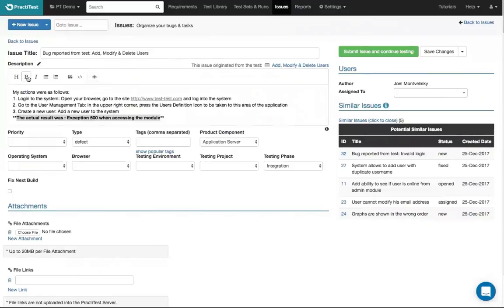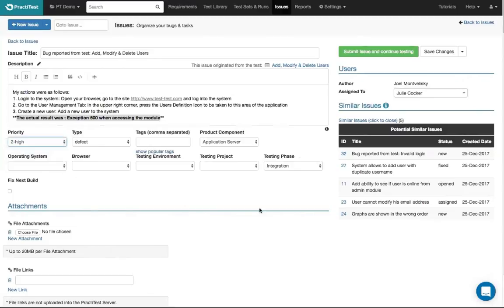Once I'm done, I can again assign it to one of my developers so that they will get an email from the system, and continue filling out the information. Notice that some of the fields are already filled out, and that is because the system was able to understand, based on the information of the test case and the run, what it belonged to, like components and stuff like that. I can give it a priority, and once I'm done reporting whatever I had in here,